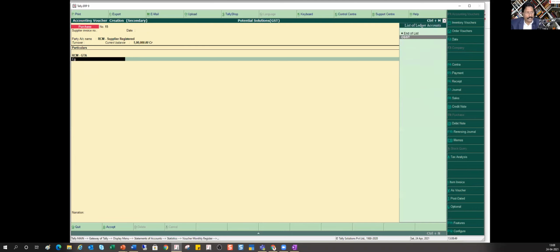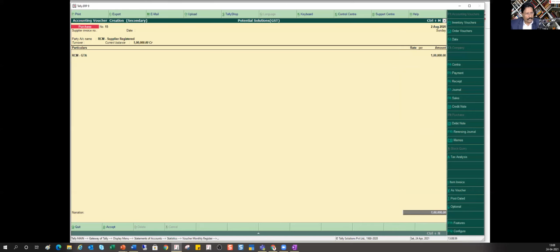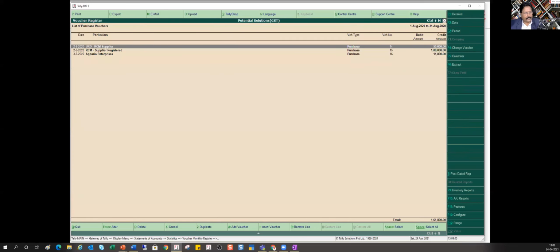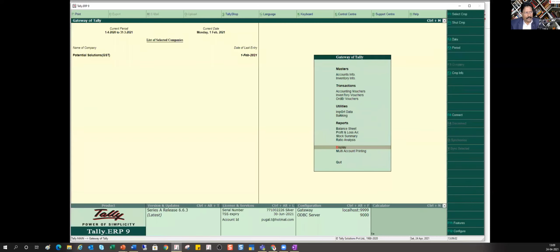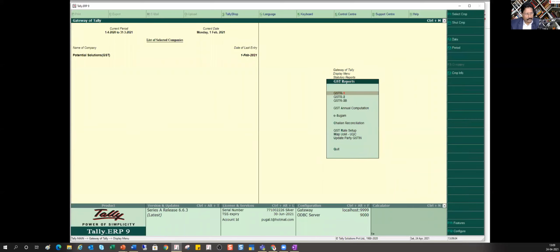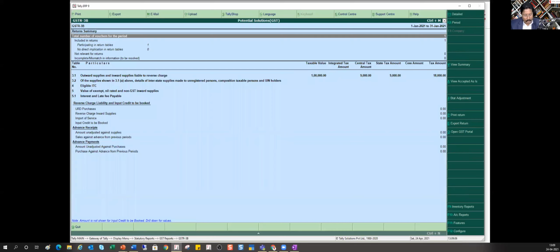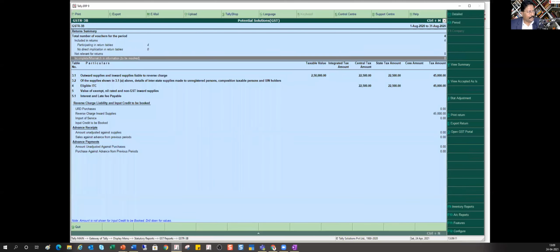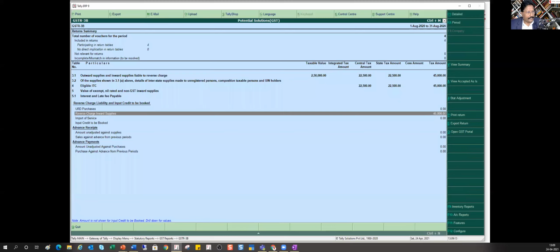Again, Tally will not calculate tax if you are trying to add the tax ledger. Now I have made this entry. All this is your normal entry, just captured. Now let us go to the report. I go to Display, Statutory Reports, then I press Alt F2, and then I select August.